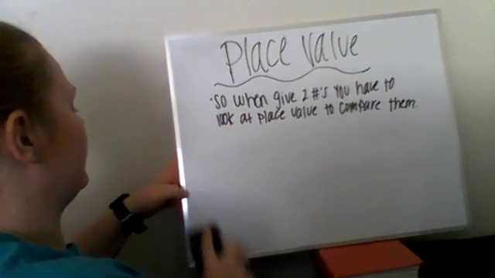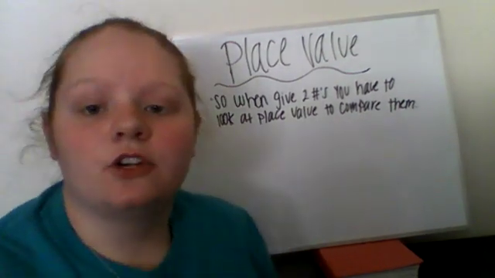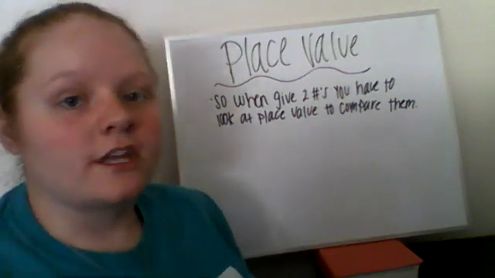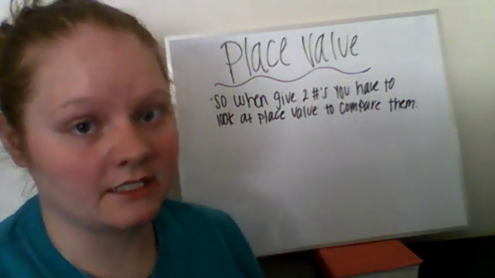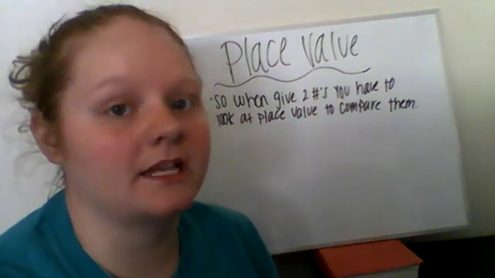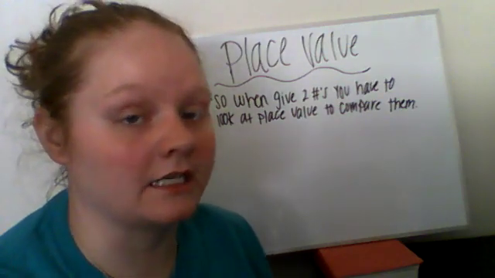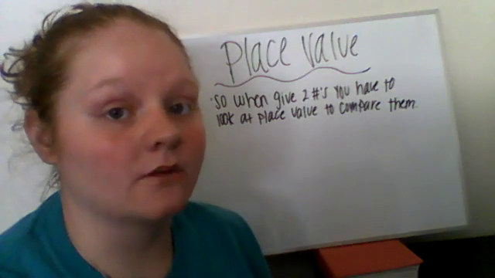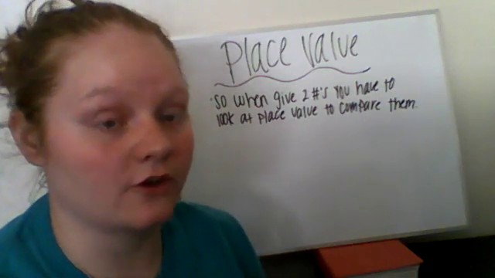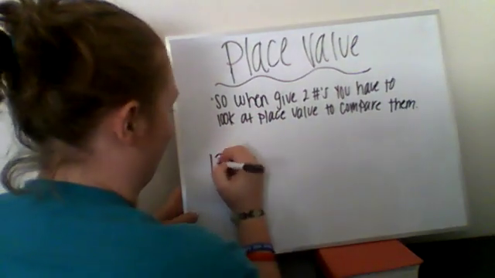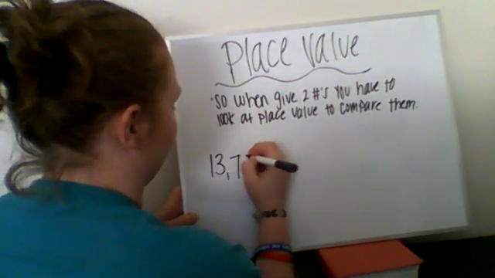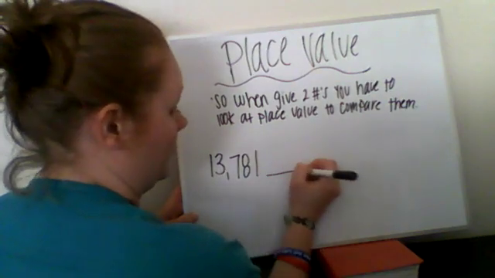So, when you're given two numbers and you're told that you need to compare them to figure out which number is greater and which number is less, you need to look at the place value. So you need to look at the numbers in each place value and decide which number has the greatest place value numbers. So if I give you the numbers 13,781 and